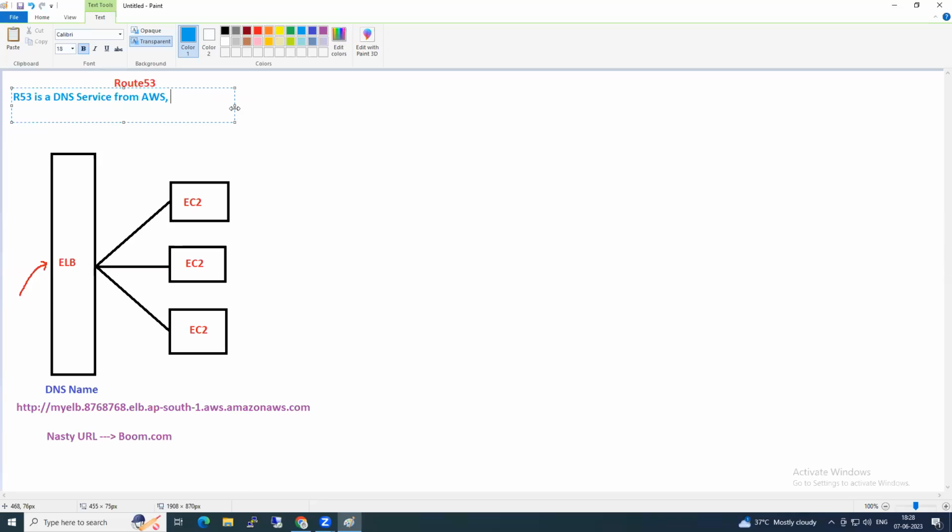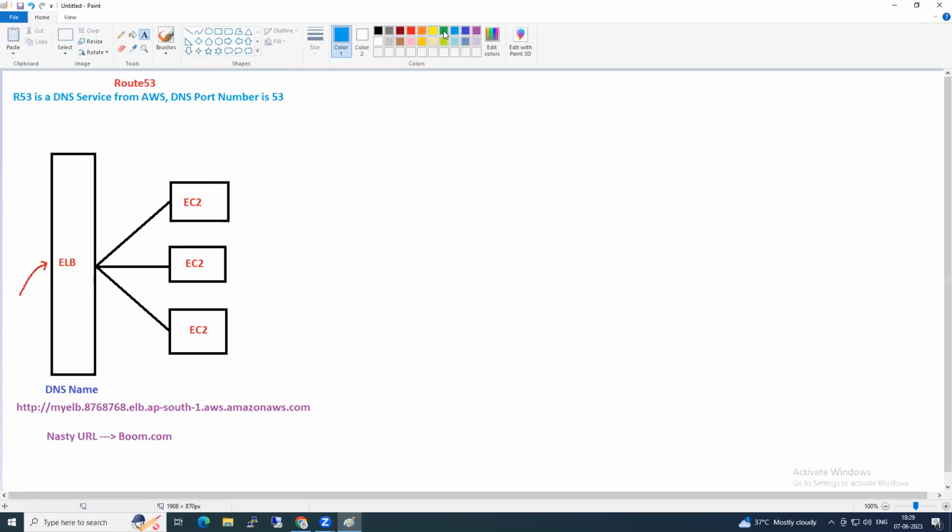You see that there is a number called 53. What is 53 there? The DNS port number is 53. That's the reason why they call it Route 53.